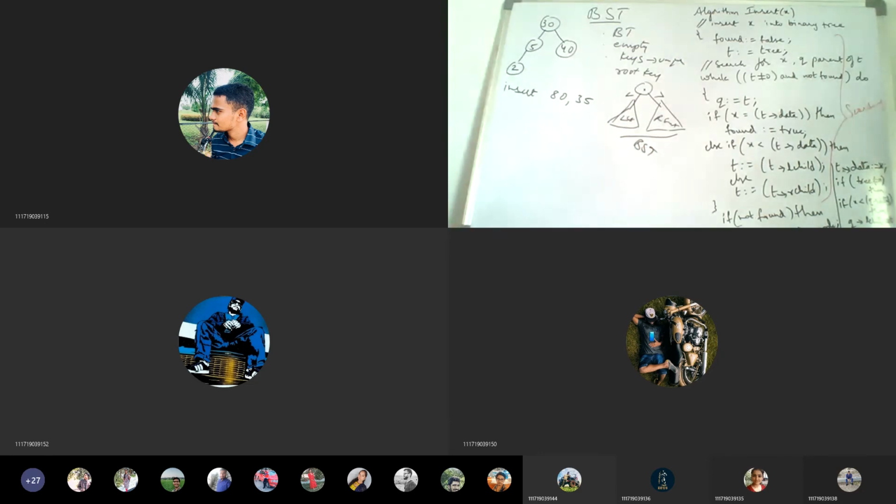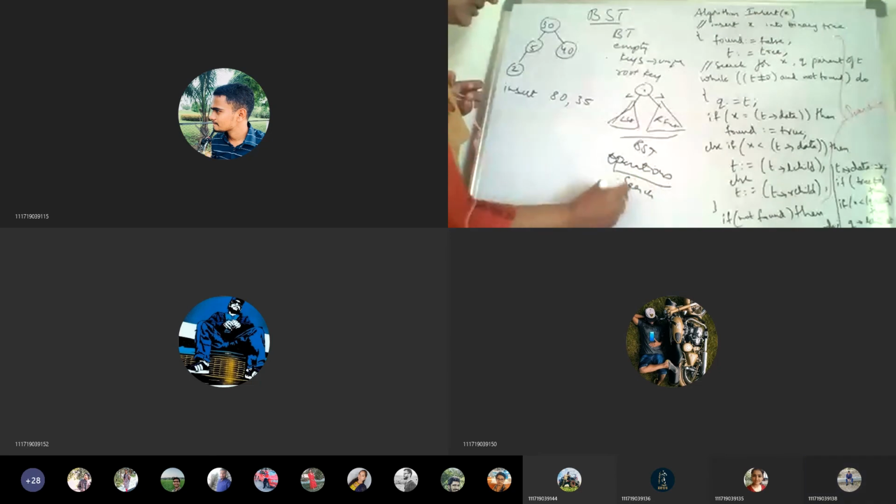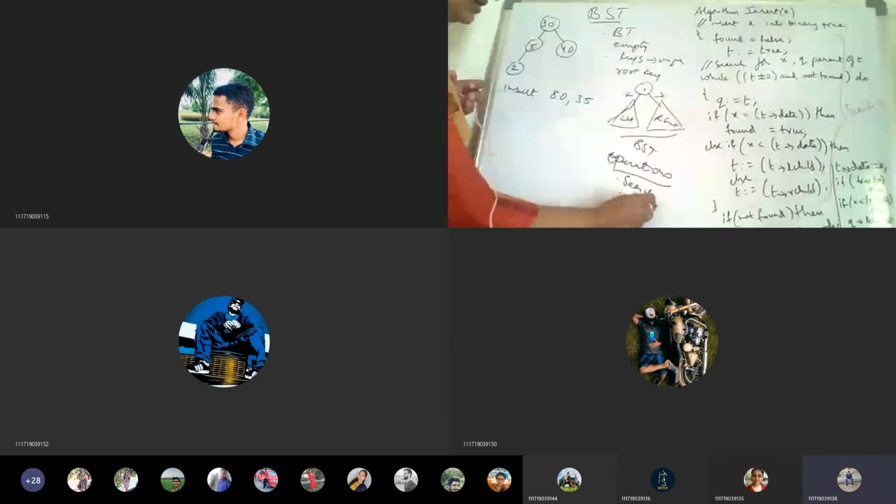So in a binary search tree, yesterday we have learnt one operation. What are the different operations of a binary search tree? First one is search, insert, and delete.